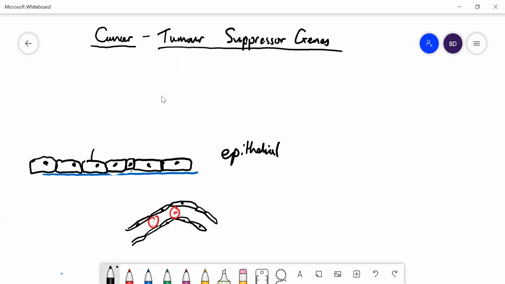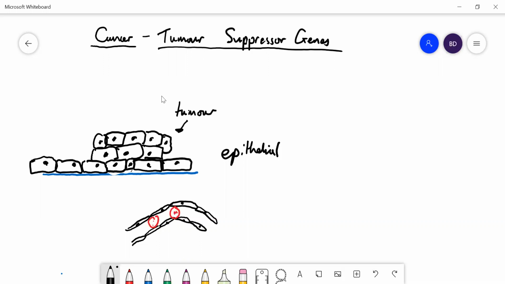an uncontrolled fashion. If that happened, you'd end up having a layer of cells which is more than one thick. And quite often, if this did happen, the cells would lose some of their typical characteristics, so they'd become just a general sort of circular shape and so on. And this would be the development of a tumor.